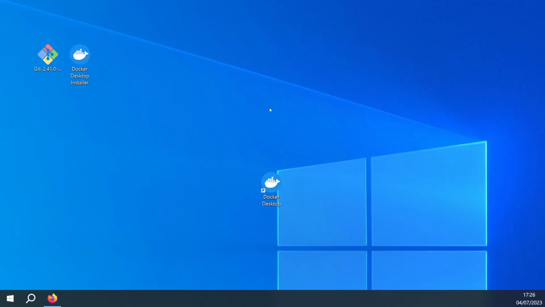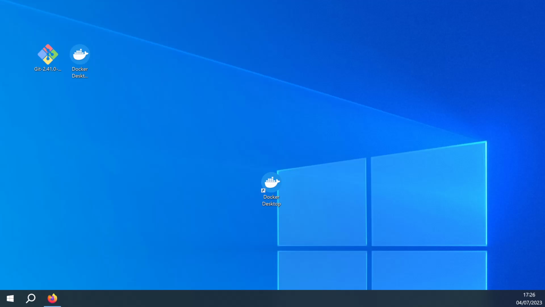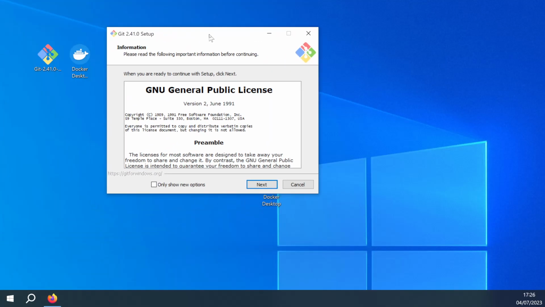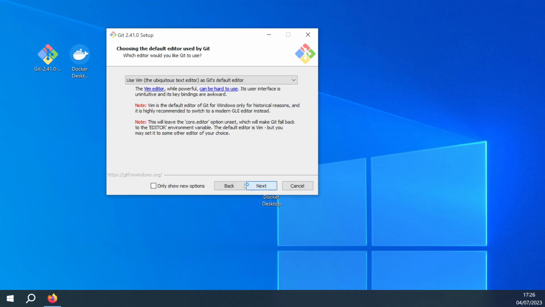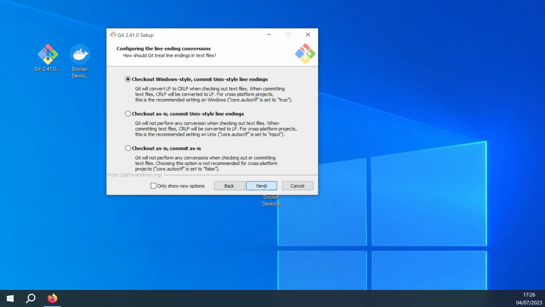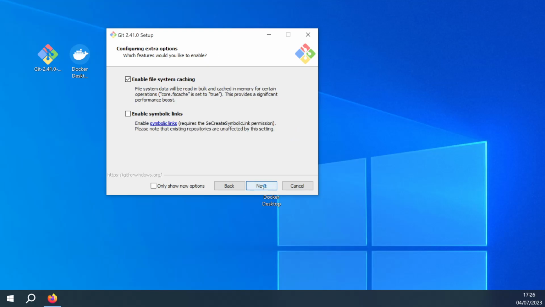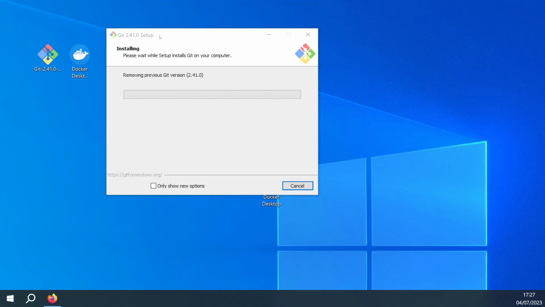Then we need to install those two things. I already have it installed, but I will show you. So the Git installation is quite straightforward. You don't need to worry about anything. Just click next, next, next, and so on. Okay, once this is done,